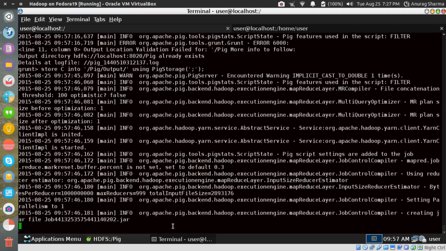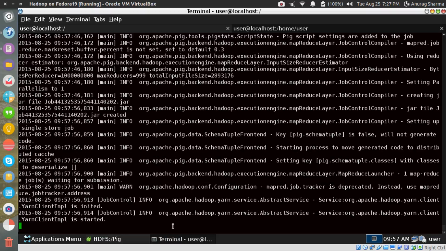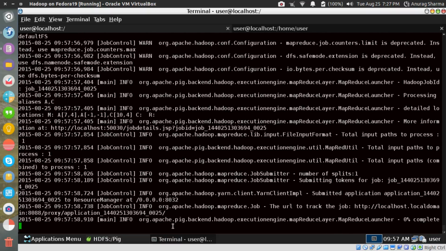So I'm asking pig to store or to create a directory called /pig/output and to store the output of C into this particular directory using a semicolon as the delimiter. So let's see, the last time I ran it, it threw me an error. The same command, let me check.